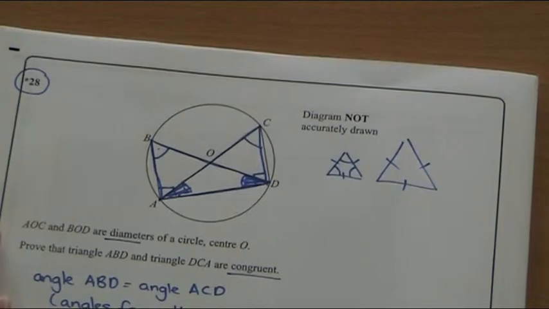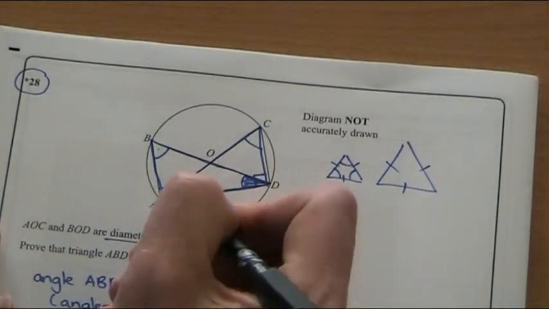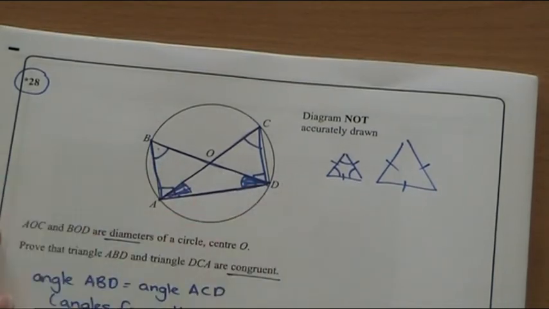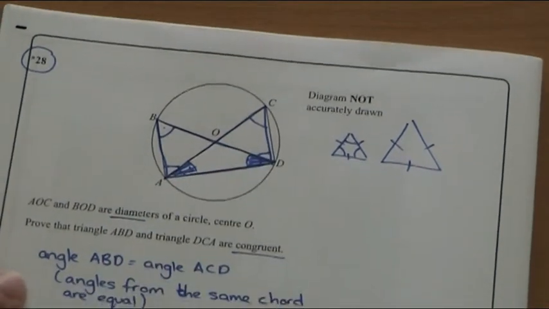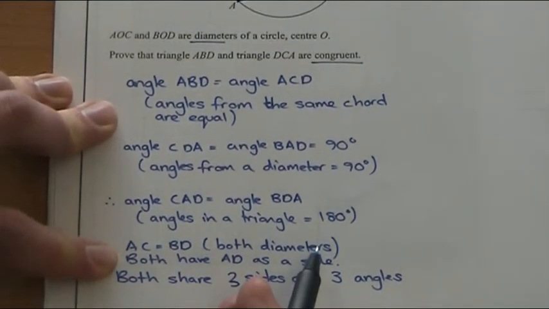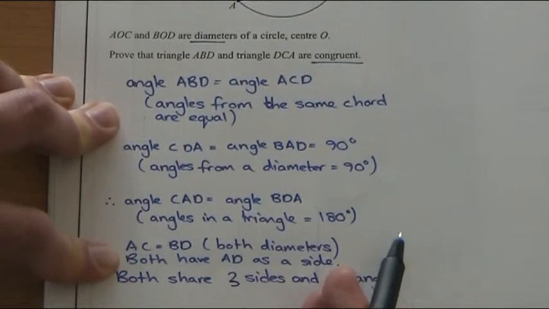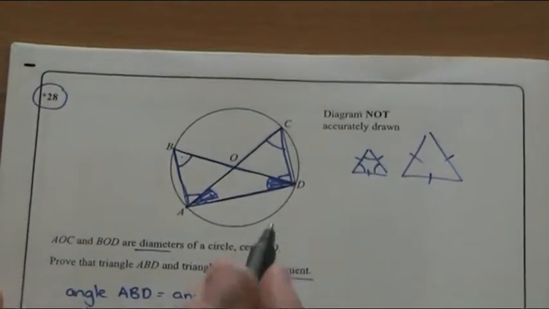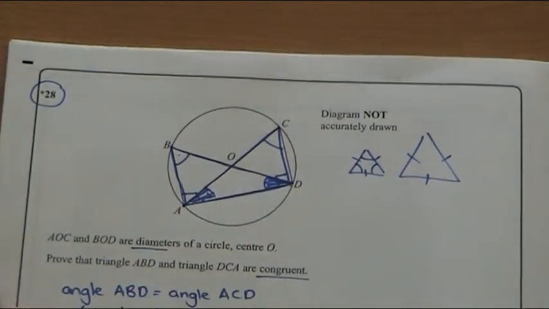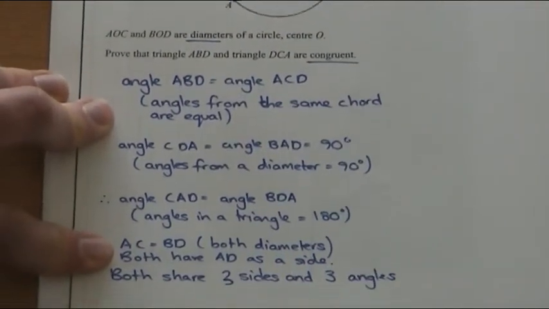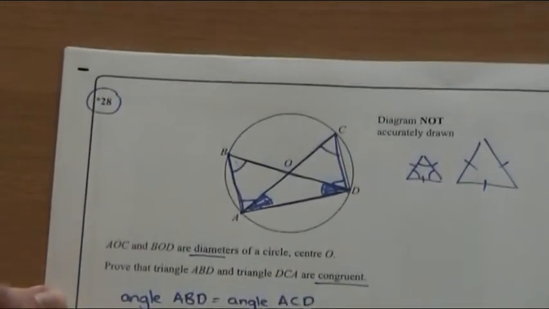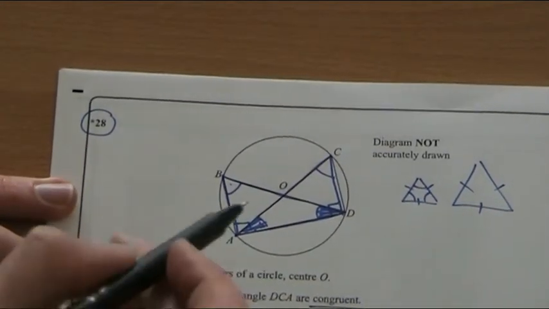Now, I've said this first, because that is a diameter and that is a diameter of the same circle, they share a length. So I've said here that AC equals BD, they're both diameters. I should write both diameters of the same circle. Both of them have this side here, AD in them, that one and that one, both have AD. So I've said both have AD as a side. And what I should have maybe, or could have, maybe a bit overkill,